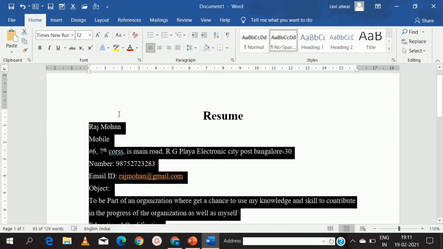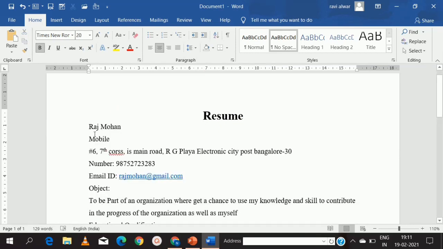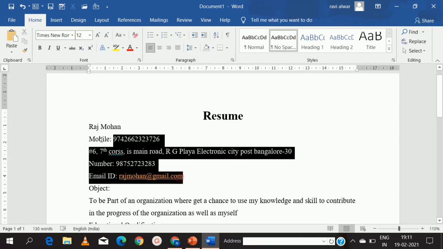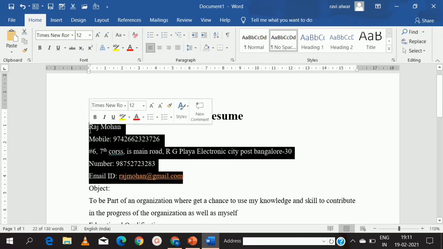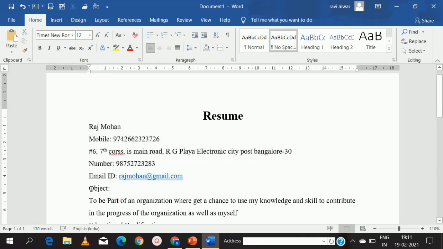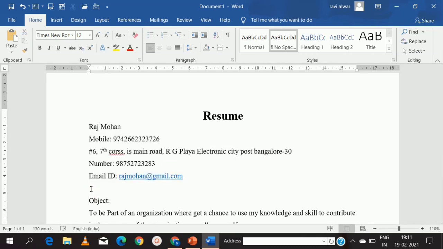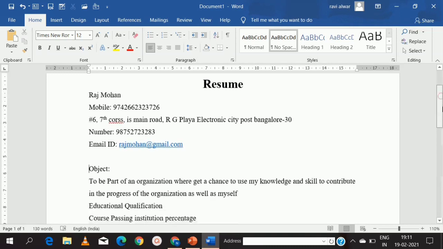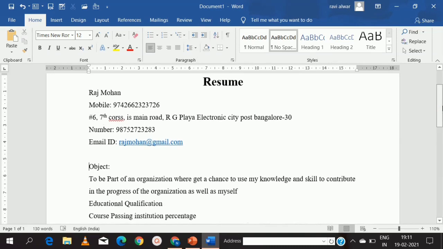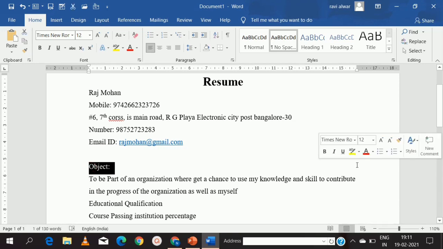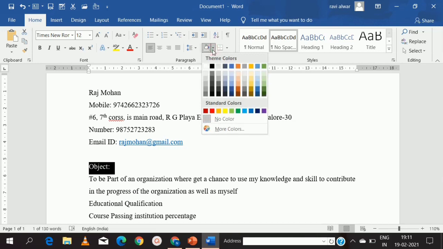I want my name to be in this, then my mobile number, address. I want all this to be on my left side, then I want my objective to be a little down, and I want this line to be highlighted. So I will use this fill option.